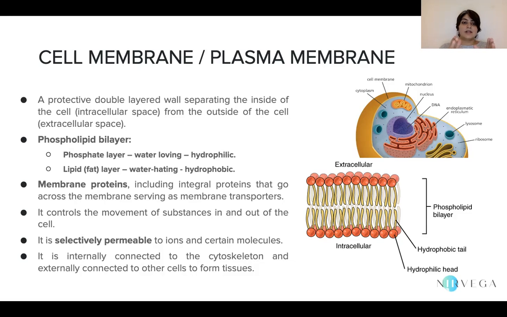intracellular space. Intra means inside, cellular, so intracellular space, from the outside of the cell, which is the extracellular space. Extra meaning out, out of something. Okay, so what do I mean by a double layered wall? Each cell membrane in the human cell contains a phospholipid bilayer. Okay, when I say phospho, it is a phosphate layer, and phosphate,